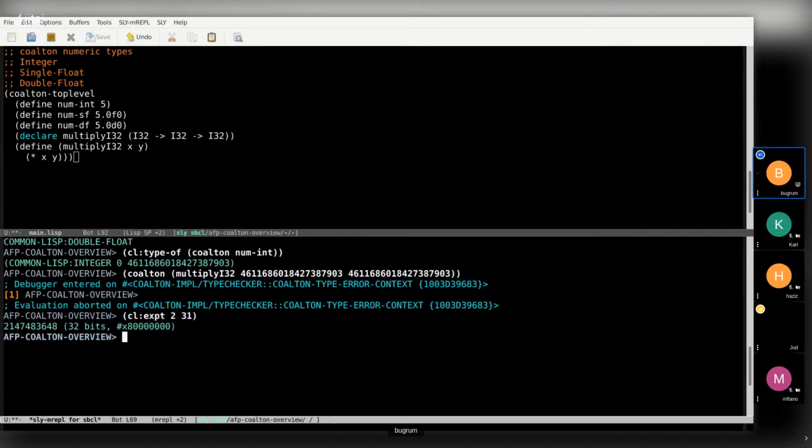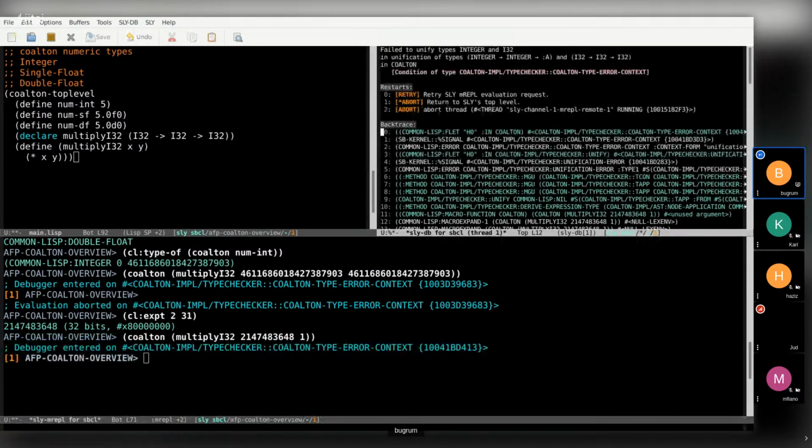So if we go ahead and do Coalton and then pass in multiply I32 with our 1, will obviously